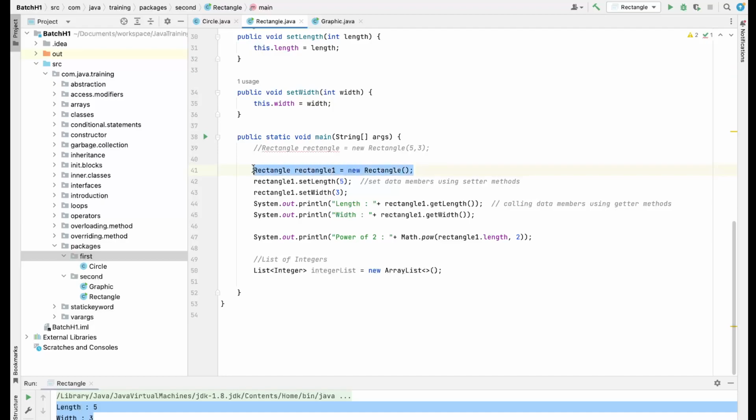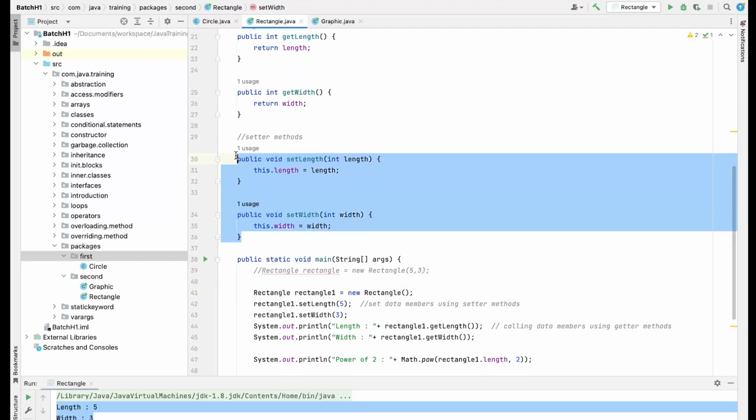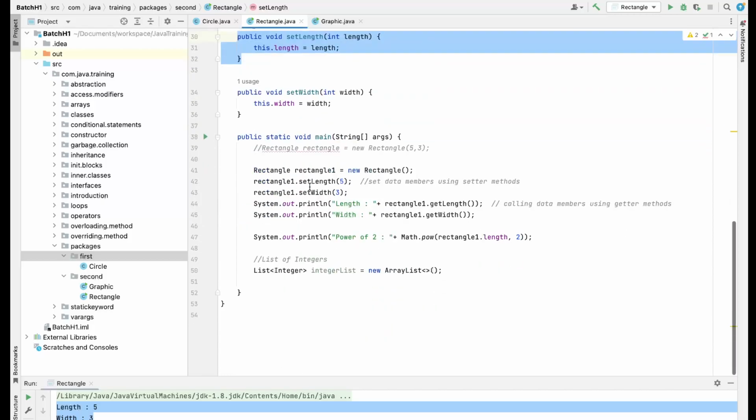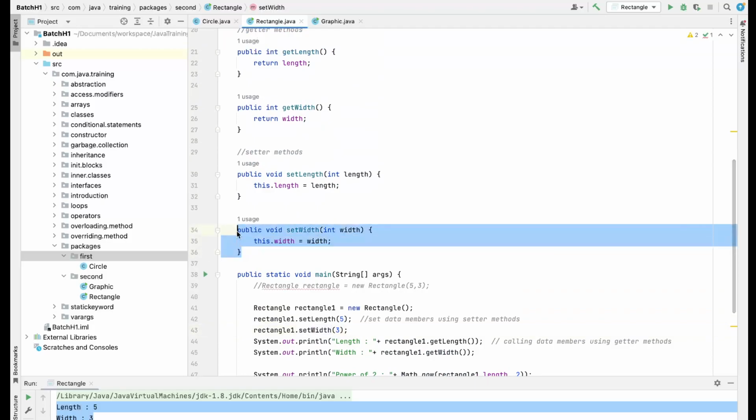So I've created this default constructor, and I have these two setter methods, set length and set width. The set length method is basically used for initializing your length data member. When I do rectangle 1 dot set length 5, I am setting the value of length as 5, and here I'm doing rectangle 1 dot set width. So this method is getting called, and see, this dot width is equal to width, so we are initializing